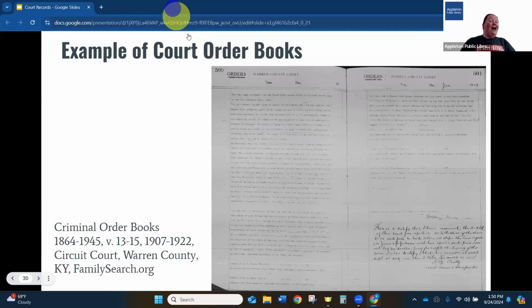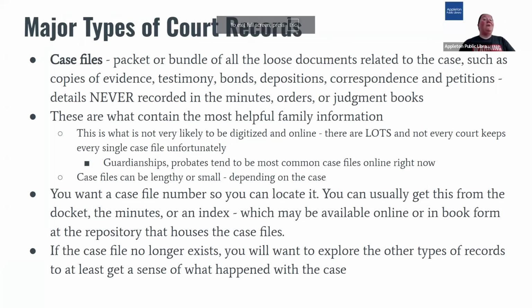So you might not find a ton of details in these books, but what you really, really want is the case file. This is going to be that packet or a bundle of all the loose documents of a court case. It might have copies of different evidence or testimony from the various witnesses, or if your ancestor needed to have a bond or was deposed and had to say their side of the story, or there's various correspondence between people that they have a copy of in there,